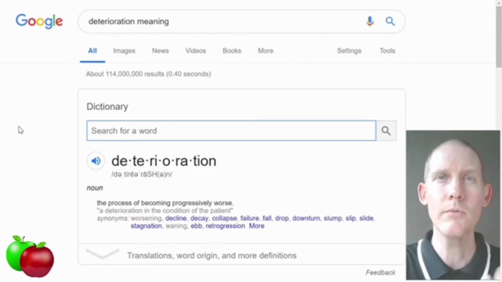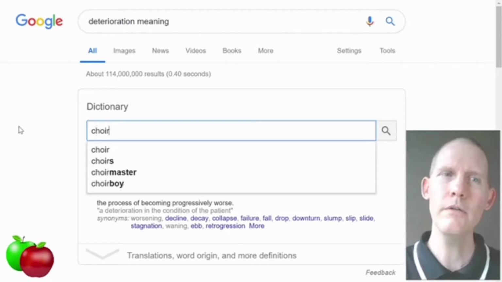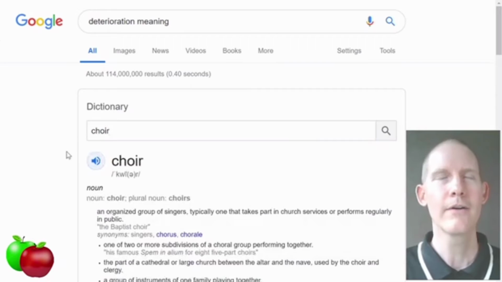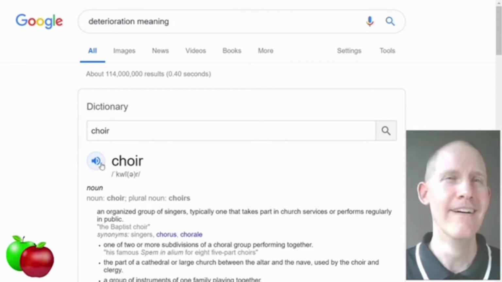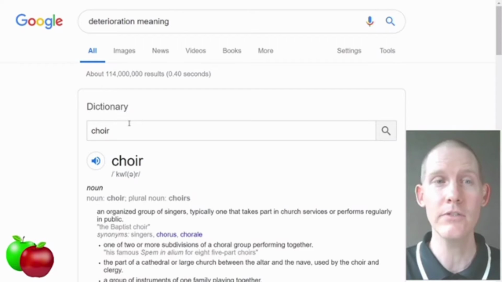Let's try another one which is often mispronounced. Is it choir? Choir? Let's find out. Choir. Okay, so basically what I'm saying is the Google Dictionary is a wonderful place to get the pronunciation of